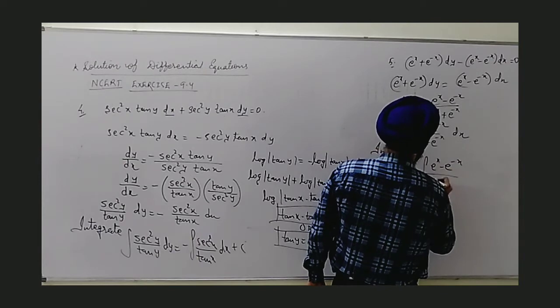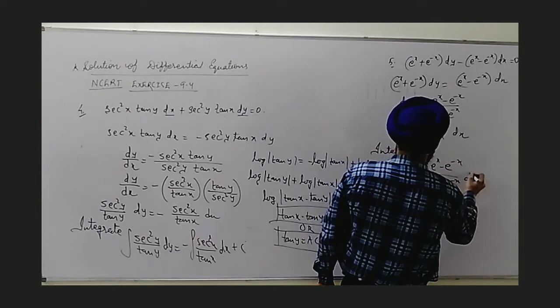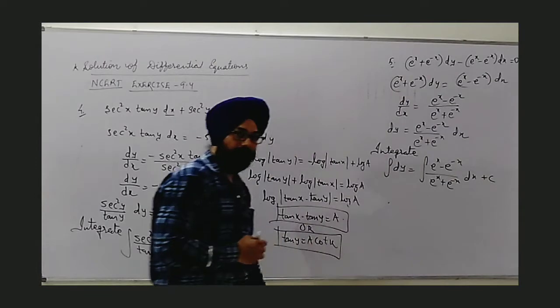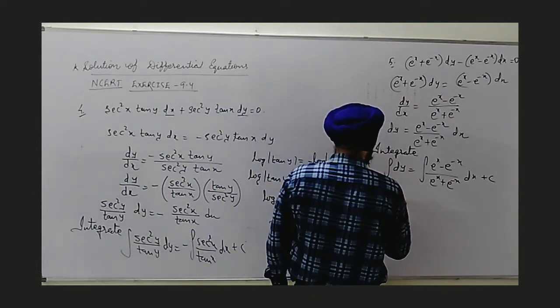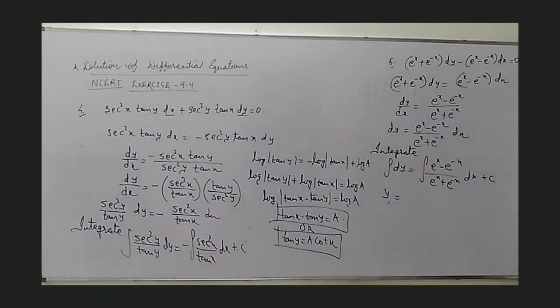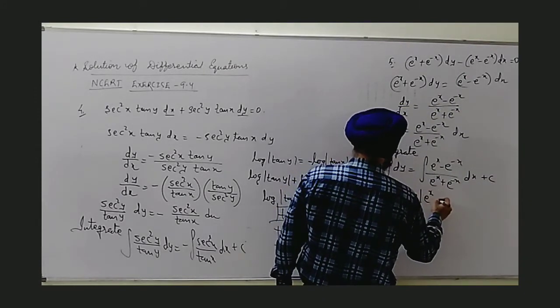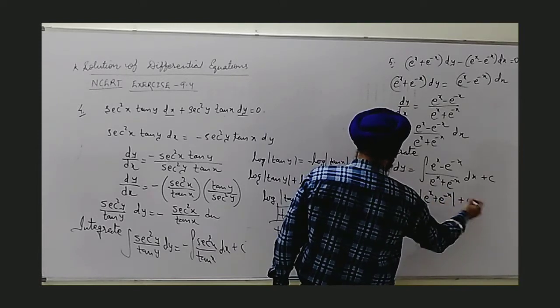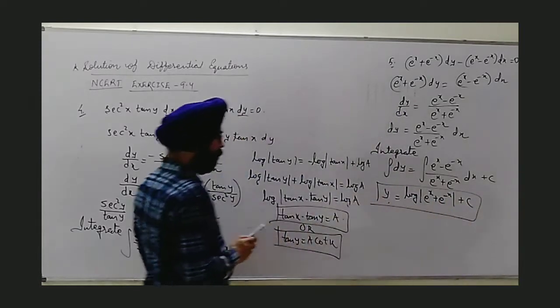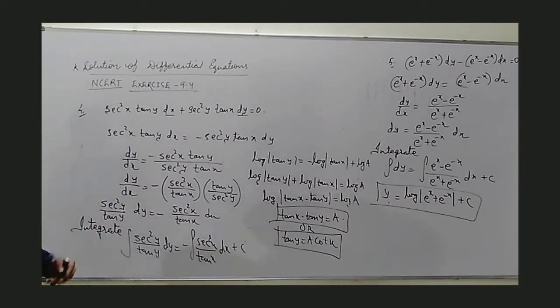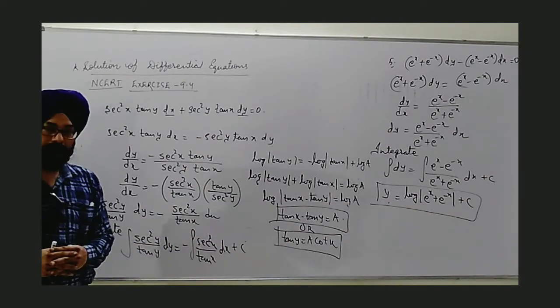Here I suggest you must have a command over different patterns of integration. Then only you can feel convenient. Here we get y, and again I say, you might have done in indefinite integral, these two functions are differentiation of each other. So in this case, the denominator will be considered as t. We will get its differentiation as the numerator. Integration of 1 upon t is log of t. So yes, we get here log of mod e raised to the power x plus e raised to the power minus x plus c. And that is the final answer. So these all are general solution patterns.